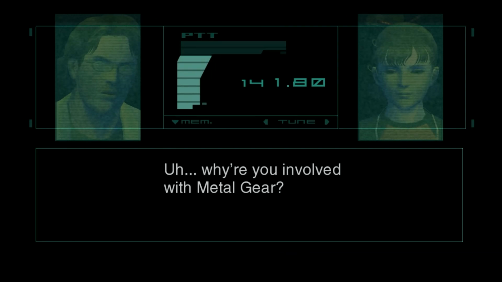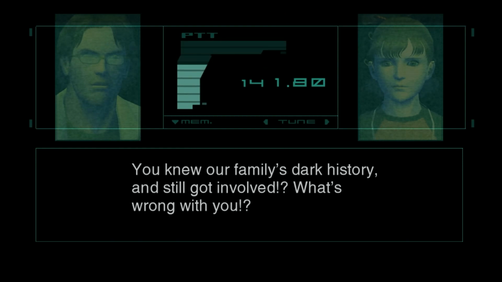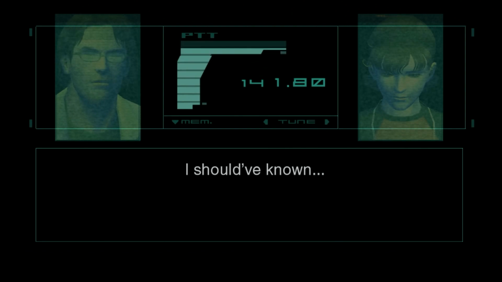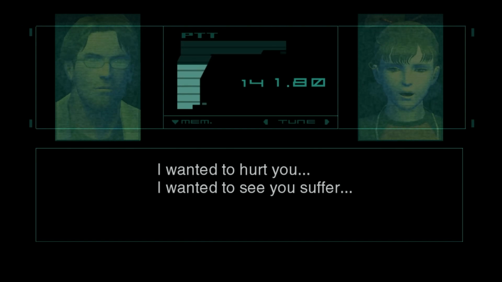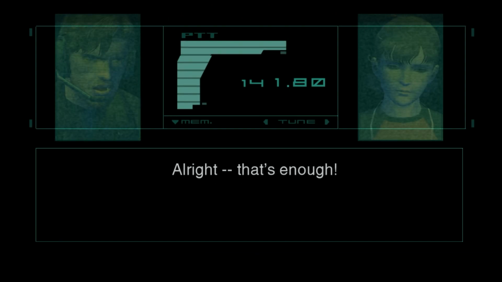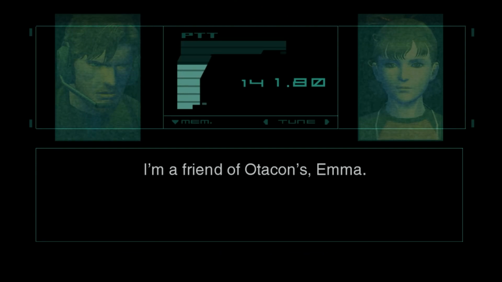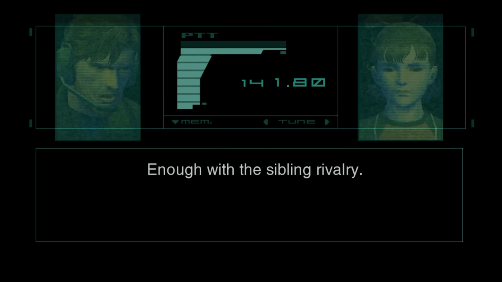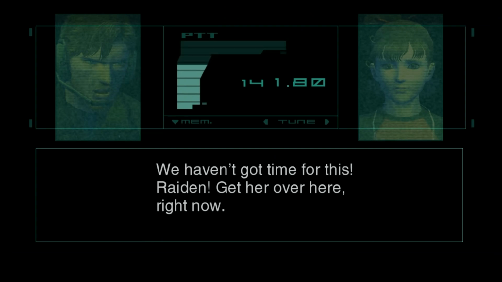Why are you involved with Metal Gear? Huh? You knew our family's dark history and still got involved? What's wrong with you? I should have known. Answer me. Why are you repeating the same mistake? I wanted to hurt you. I wanted to see you suffer. EE? You abandoned me. No, that's not what happened. All right, that's enough. Who are you? I'm a friend of Otacon's, Emma. Otacon? Enough with the sibling rivalry. That's not what this is. We haven't got time for this. Raiden, get her over here right now. I...